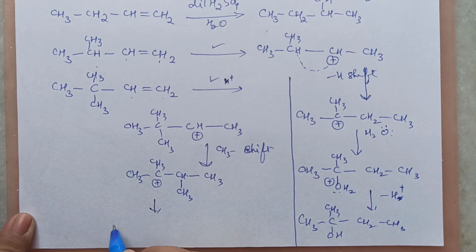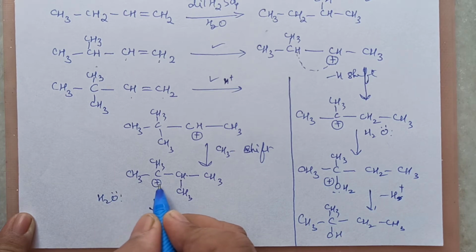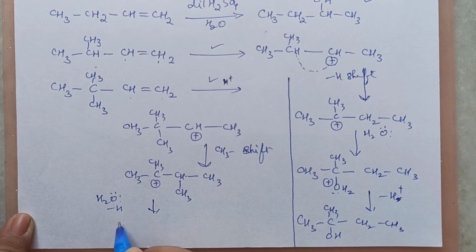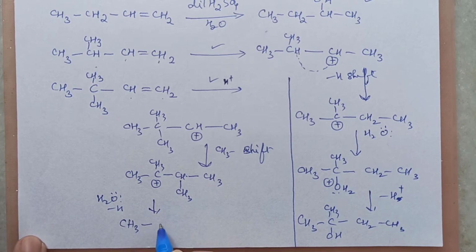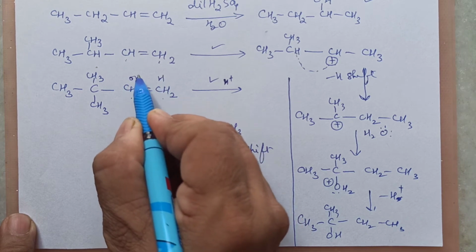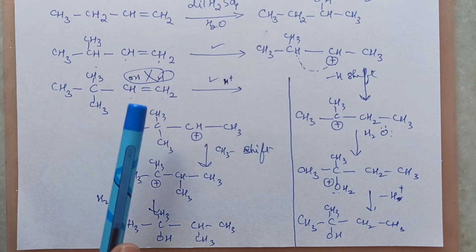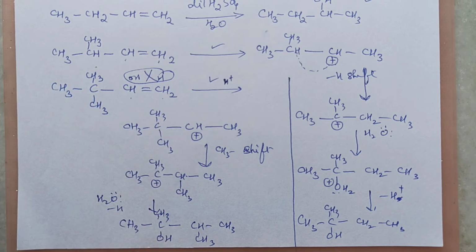So what will be the product here, children? First water will attack, which I said will provide a lone pair here, and deprotonation will occur, and finally the product you will get is CH3, CH3, OH here, CH, CH3 and CH3. So don't get confused when you are writing. Do not write H and OH simply as your major product. No, this will not be correct. Whenever on the next carbon atom there is a possibility of forming a 3 degree carbocation, please form it. There is a methyl or hydride shift.